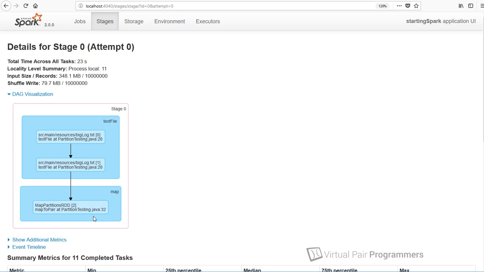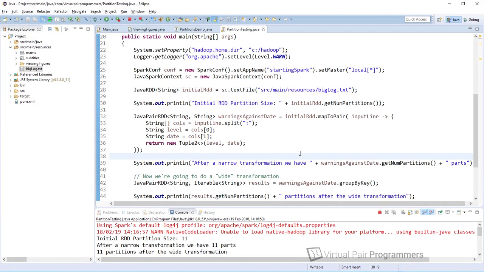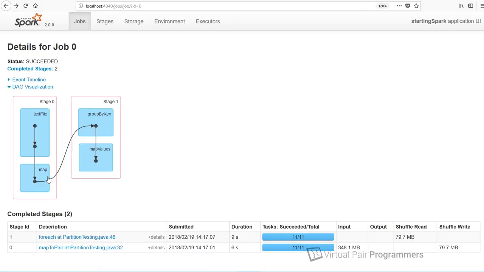The map is here, line 32. This map was a narrow transformation, so it was done in the same stage as the previous. But then the next transformation was the groupByKey. So the shuffle, if you like, I'm waving my pointer around a bit here just to say the shuffle occurred here after the map. It doesn't explicitly show it, but it doesn't need to. So this is really useful, and this tells us, if we look at the stages, stage 0 here,